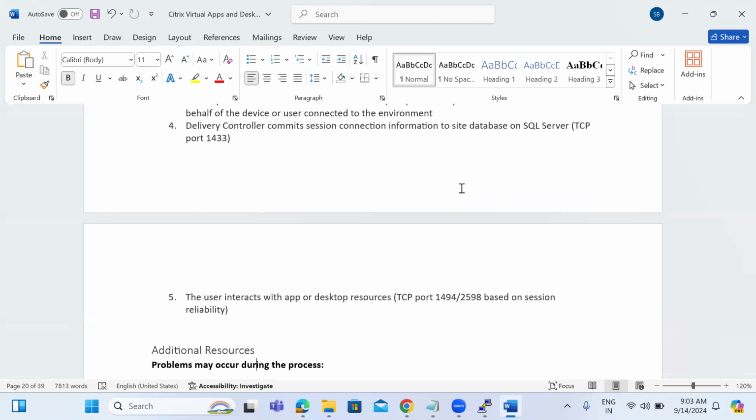Then whenever that request comes to the VDA, the VDA again contacts the controller and initializes the setup, but the controller will validate the licensing part, and once the licensing is done, we validate whether we have enough licenses or not, and we need to make sure that applications are delivered to the users over ICA. If the license are